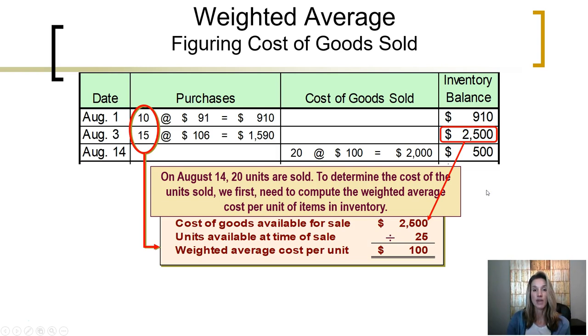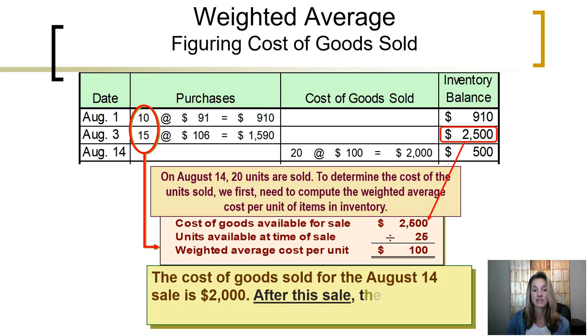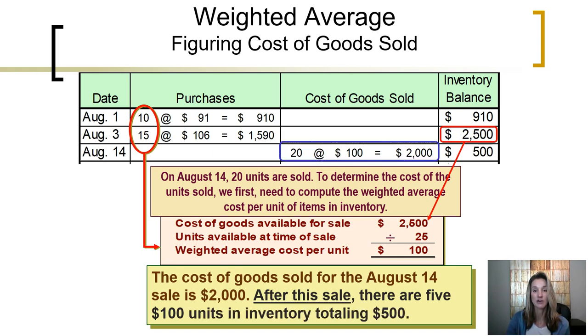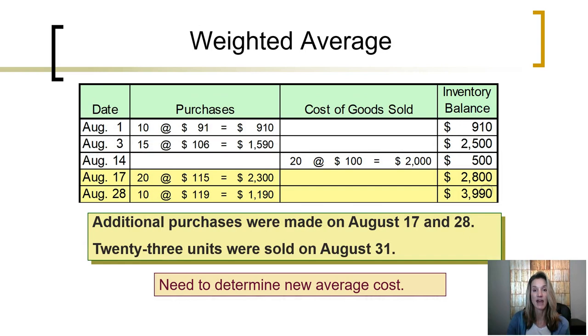The trick is with the weighted average method, every time a sale is made, we have to calculate a new average, and that average changes after every purchase. So if we start the 17th of August with $500 of inventory on hand, and we purchased another 20 units, we added $2,300 of inventory, bringing the inventory available for sale up to $2,800. We then made another purchase on the 28th, adding another $1,190 to our inventory, bringing the inventory available for sale up to